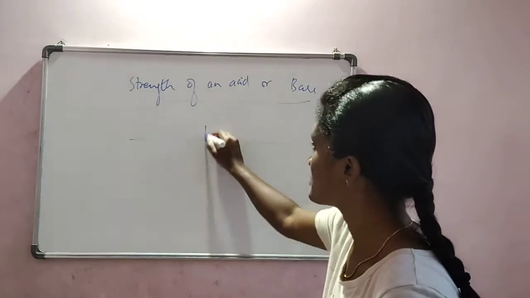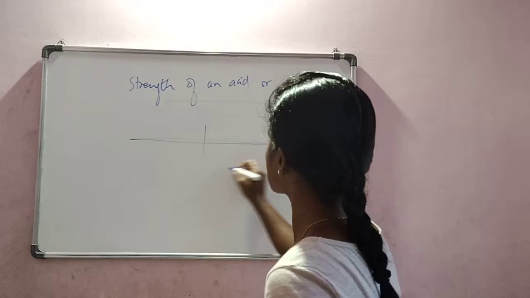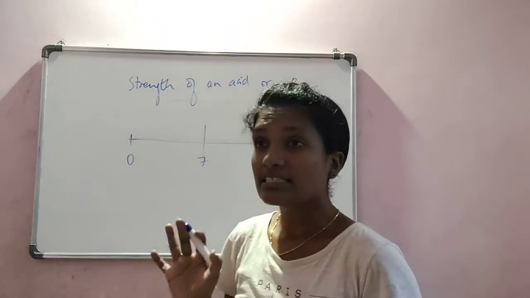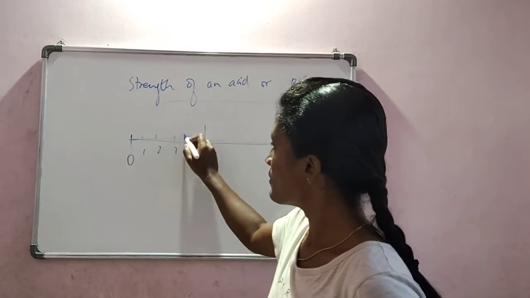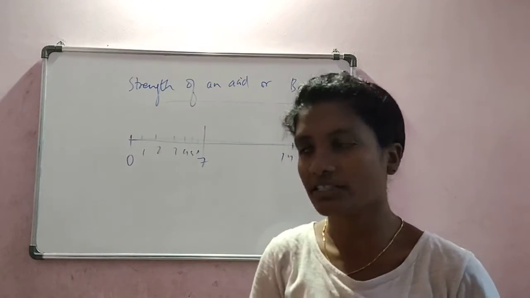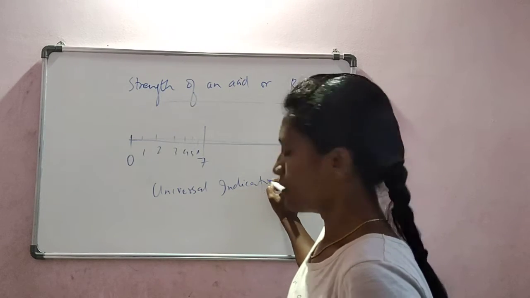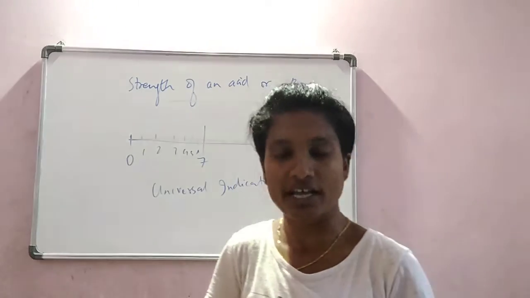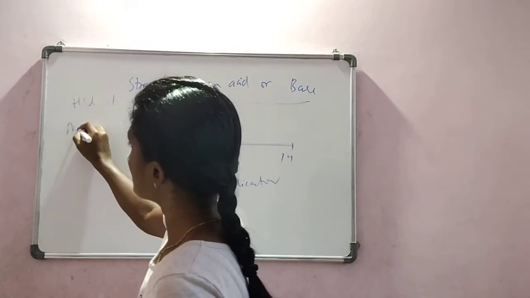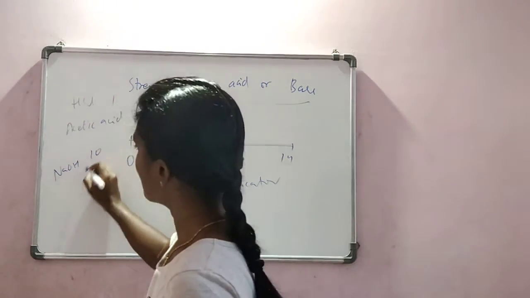Now, let us say this is a pH scale. This pH scale contains certain numbers like this. It only has numbers, but how do we arrive at these numbers? That is using a universal indicator. While talking about indicators, I told you there is a special indicator called the universal indicator. Now, if I have to say that hydrochloric acid shows 1, whereas acetic acid shows 4.